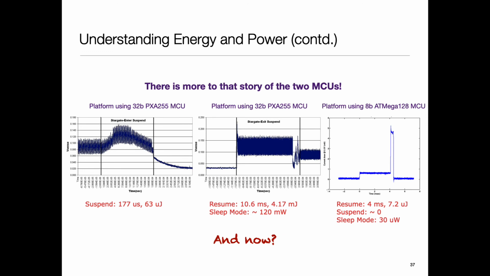Which one should I pick, right? Should I pick this bulk efficient but bad in sleep mode thing, versus should I pick something which is great at tiny computation, great at sleep mode, but awful at bulk computation? Now this is a dilemma that we face again and again in systems.